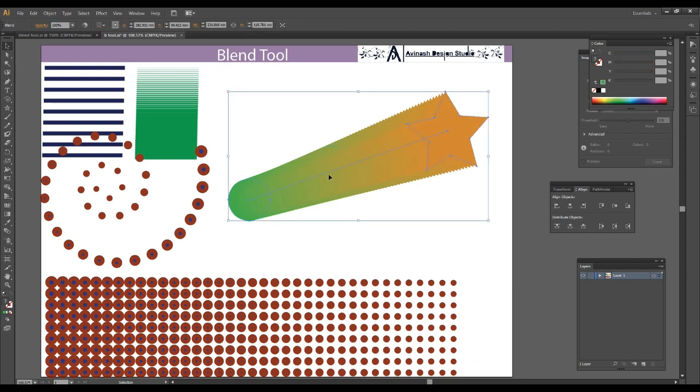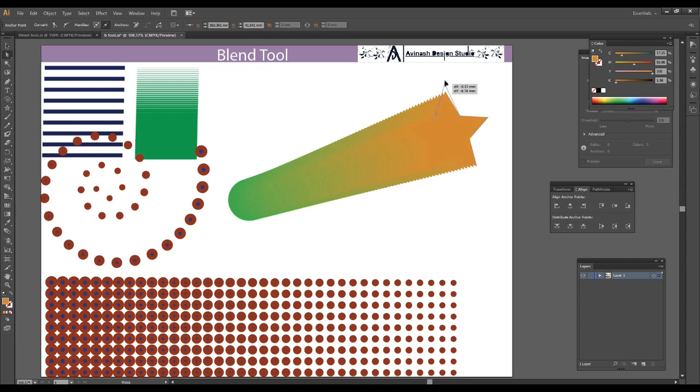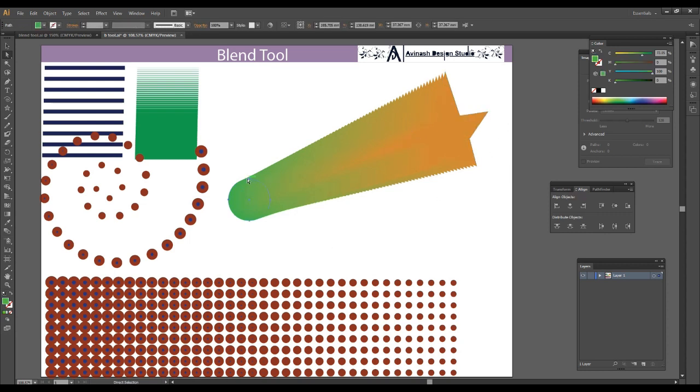Now after blending this, we can change the shape of both the objects. For changing the shapes, we go to the second selection tool, called the direct selection tool, and double click on any point, and we can now change the shapes. Here also it's a circle, we can change the shape like this.